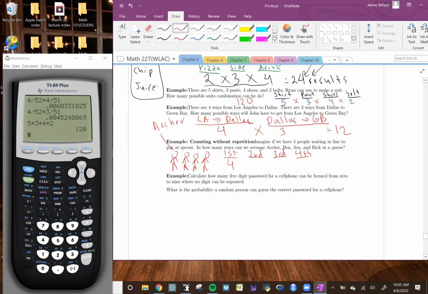Is it possible that Archer could be paying first, but also be the second to pay? No. So once you select Archer, you can't select Archer again. So now, how many people do I have for the second person to pay? 3. What about for the third person to pay? 2. And lastly, the 4th person to pay? 1. So you multiply these out,